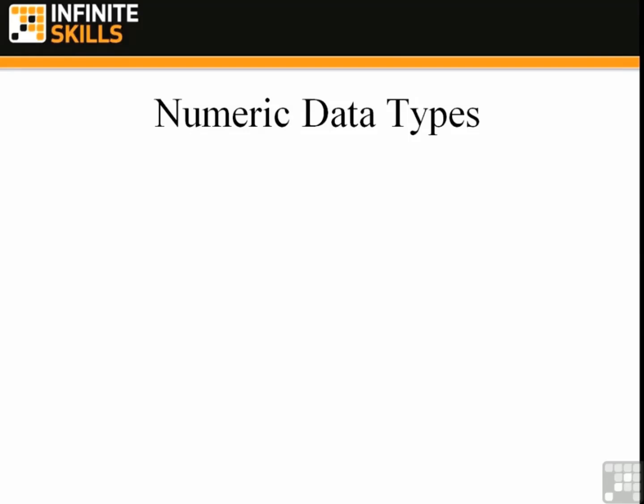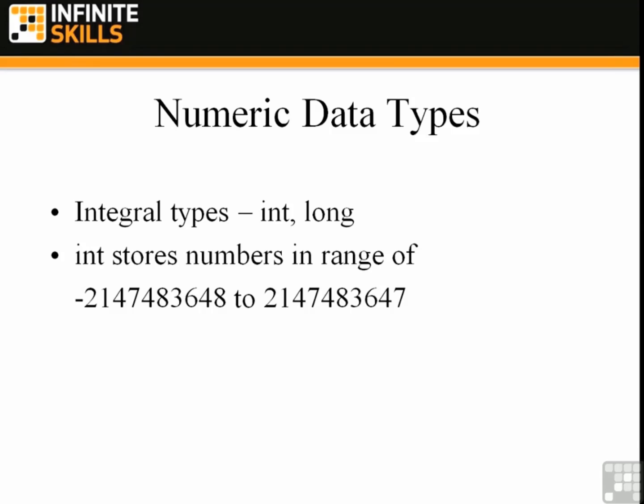The numeric data types handle all the numbers that will come into your C# program. The first of these numeric types are what are called the integral types, and the two main integral types that we'll work with are int and long. Int stands for integer, and long just stands for a long integer. Integer, or int, stores numbers in the range of -2 billion to +2 billion,